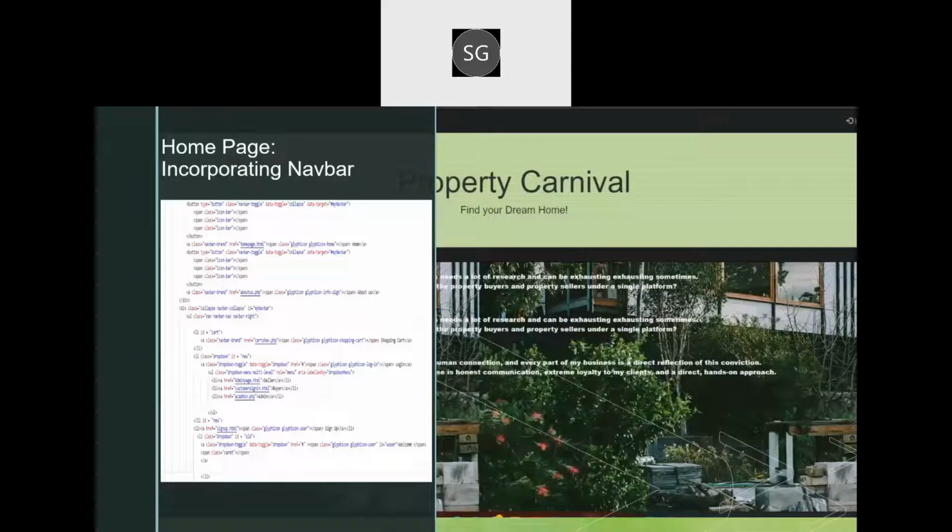So this is basically the first page of our system, our home page, and we used some components to make this user appealing. So here we have used our navbar, and this navbar is consistent throughout the application. And in the code snippet, you can see how we implemented the navbar.